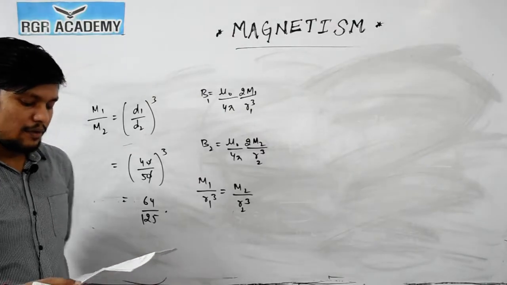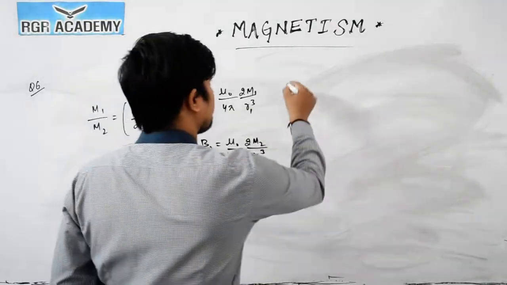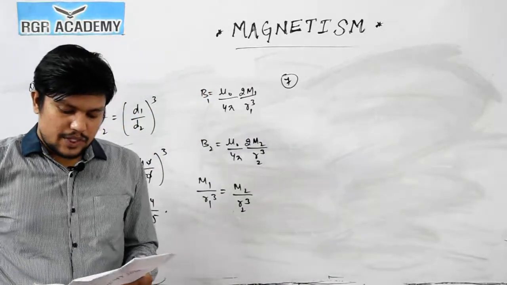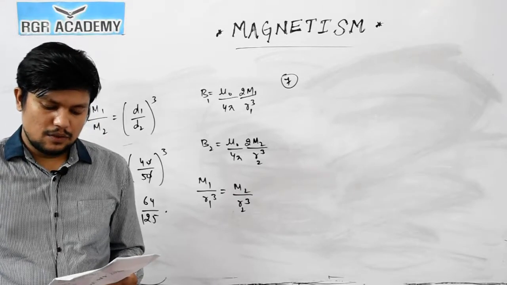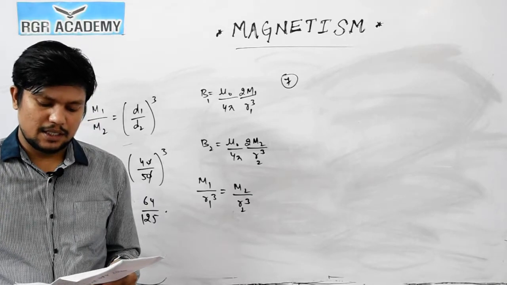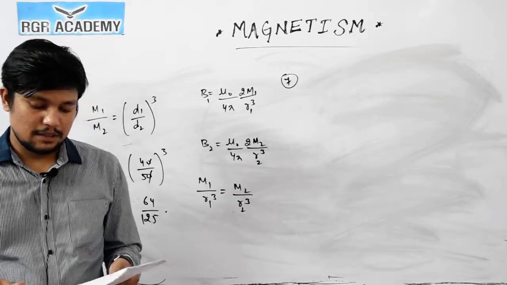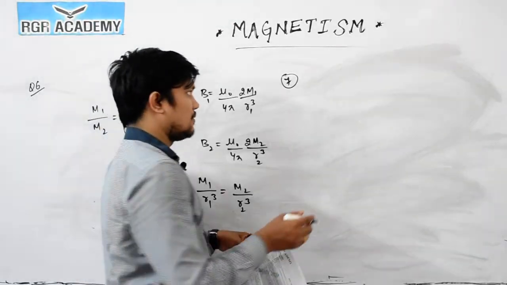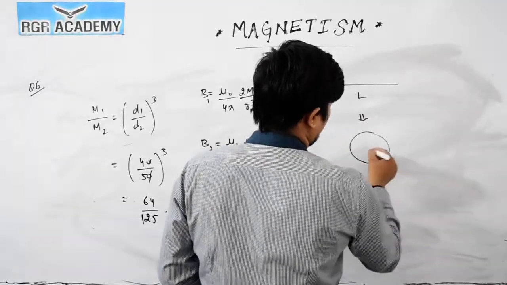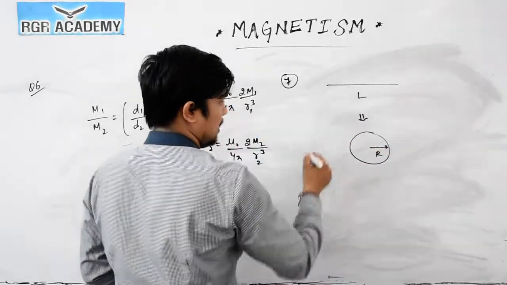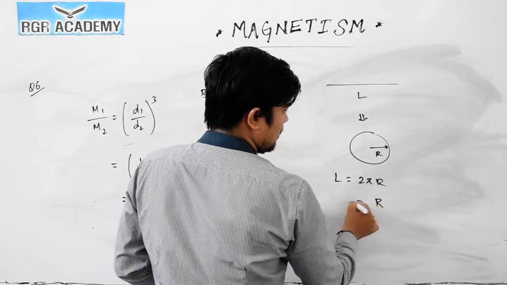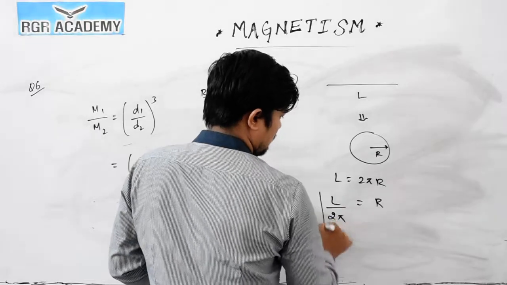Now we will move on to question number 7. A straight wire carrying the current I is turned into a circular loop. If the magnitude of magnetic moment associated with it in MKS unit is m, then the length of the wire is, okay, so length of the wire I will consider as L. Now this wire is turned into a circular loop, I will consider the radius is r. Then we can say that length should be equal to 2 pi r. So r we can write as L by 2 pi. This relation we got for radius.